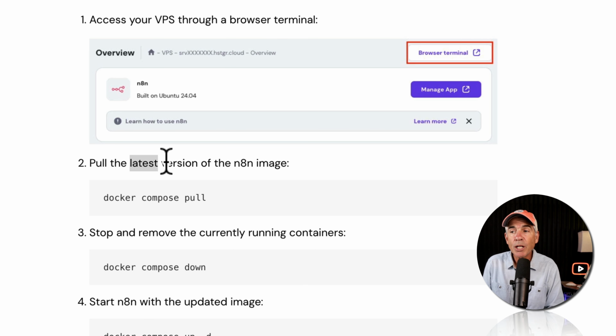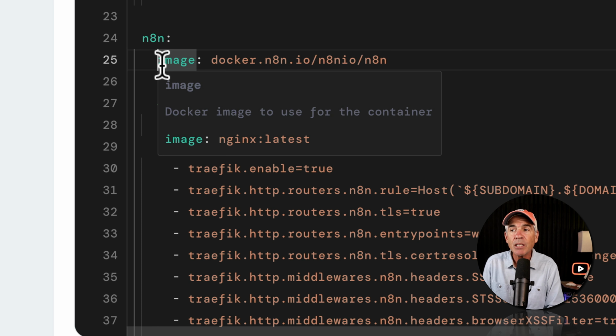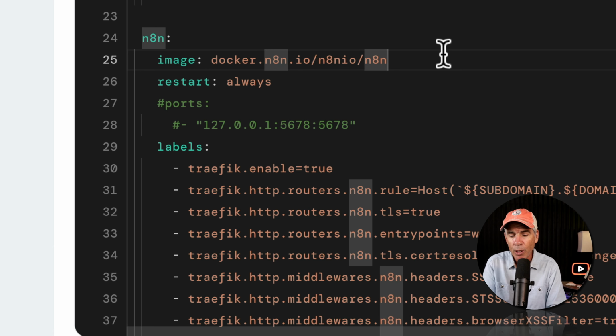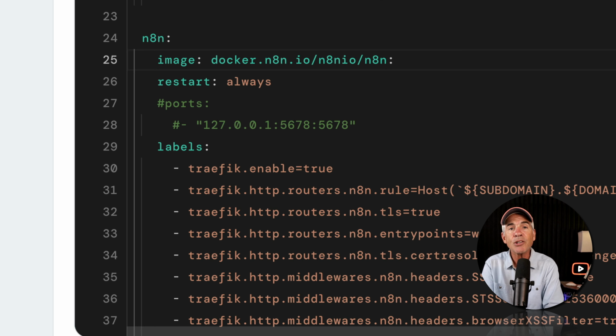But if you don't want to pull in the latest version of the n8n image, and you want to specify which version gets pulled in when you run this command, all you have to do on the image line in the docker-compose YAML file is go to the very end, put a colon, and then just enter in the version number. So I'm going to enter in